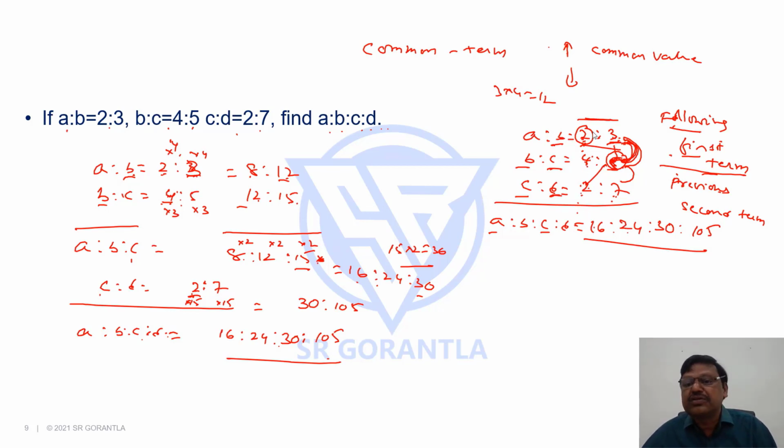These two are easy because there is no ratio before. But here for C, there is a ratio before, meaning multiply the second term. There is a ratio after that, multiply the first term. D is also easy because there is no ratio to follow. For all previous ratios, multiply the second term. 7 into 5, 35 into 3, 105. This is the shortcut, right? Let's take up one more example.